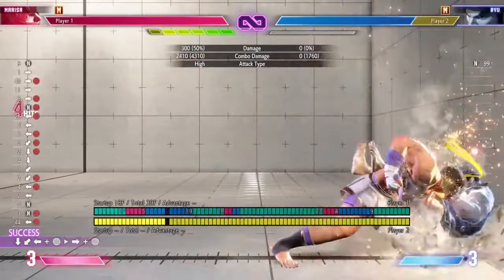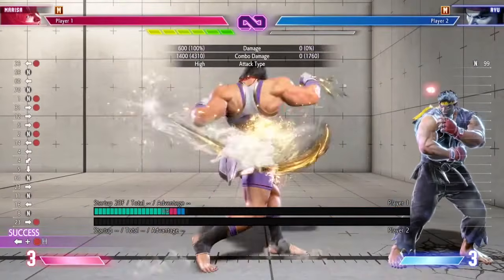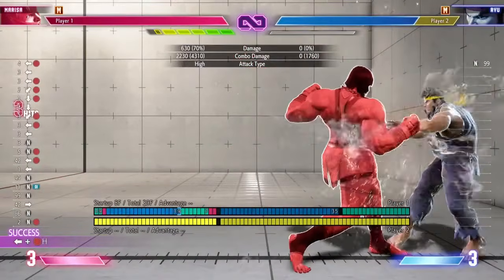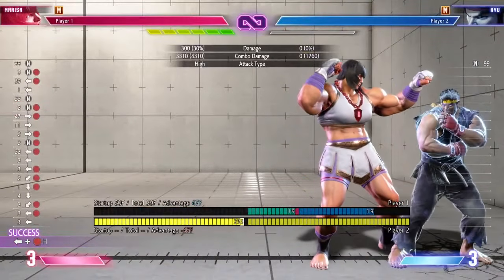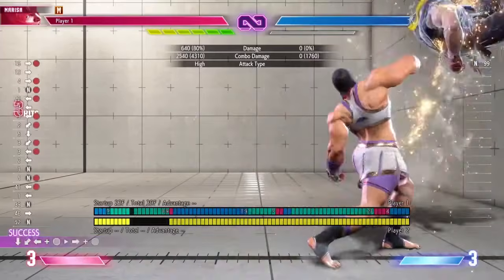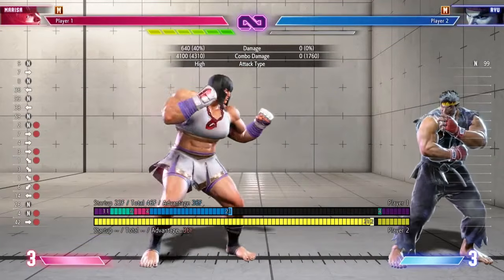Uncharged, quarter circle back heavy. And from there, after you do the quarter circle back heavy, you can do another fully charged heavy punch that'll hold him at the wall. And you can then do either the Gladius Ender that we talked about before, or if you're trying to kill here, if you stun them because you have the resources to kill, you can